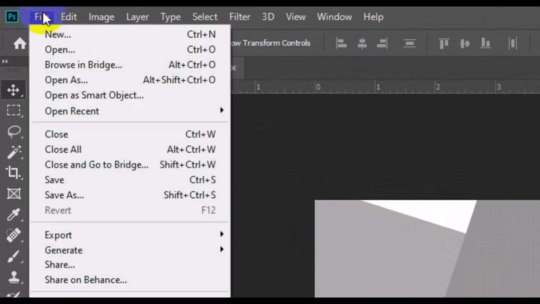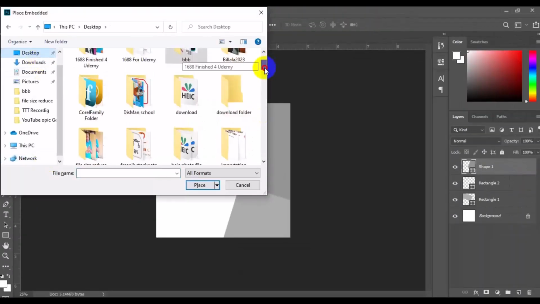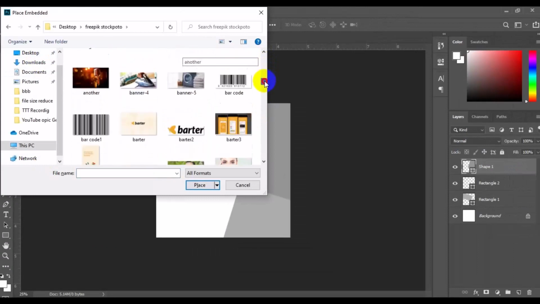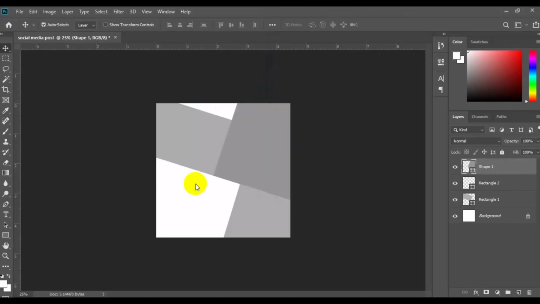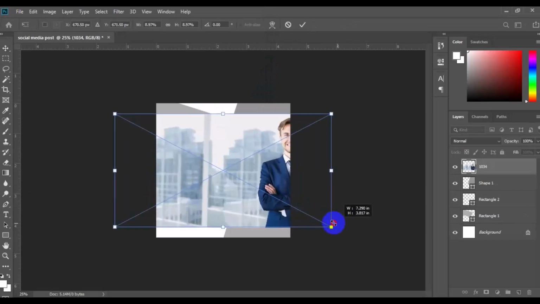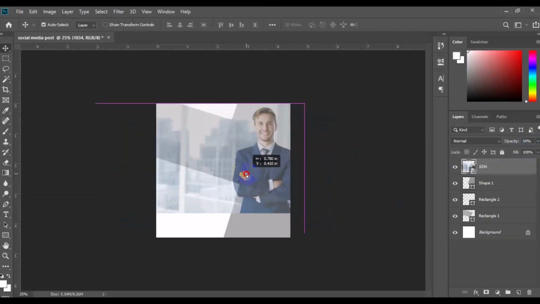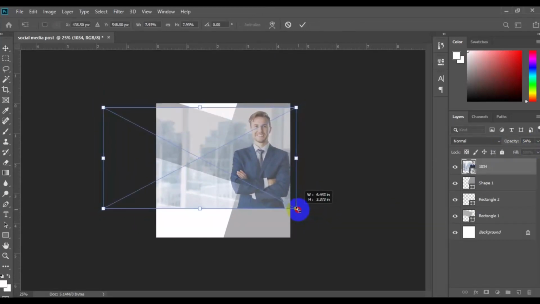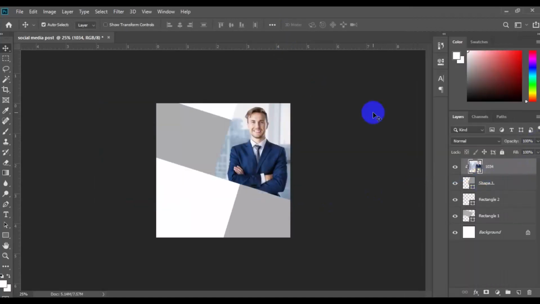I will go to File, and from File, I will look for Place Embedded. So the next thing I'm going to do is make sure, having power clipped the picture right here,